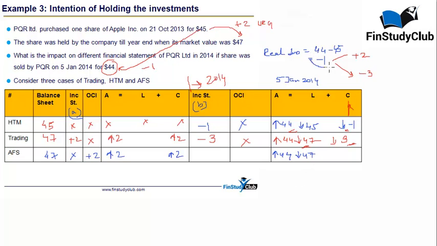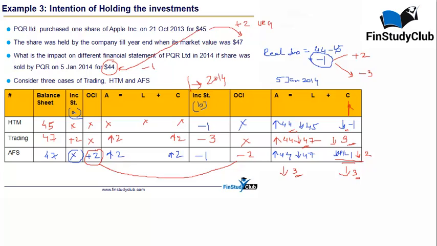Out of a total loss of minus 1, we haven't booked anything, so we book the entire loss this time. My P&L goes down by 1, and the OCI, important point again, the reversal of OCI. The OCI will also be reversed without looking at the logic and the sign. It will just be reversed, so there is a total down of 3. So is the case with the asset. That's how the equation gets tallied here.